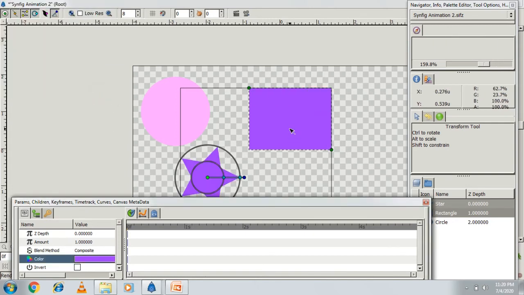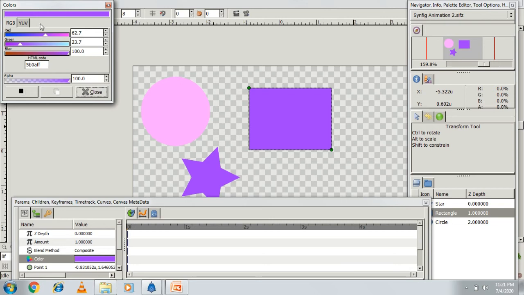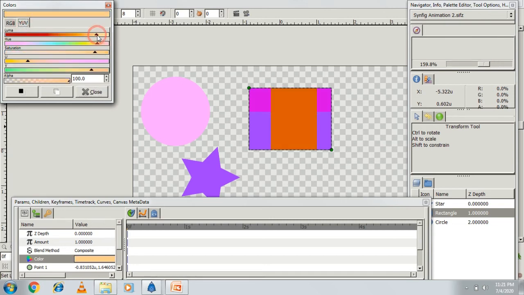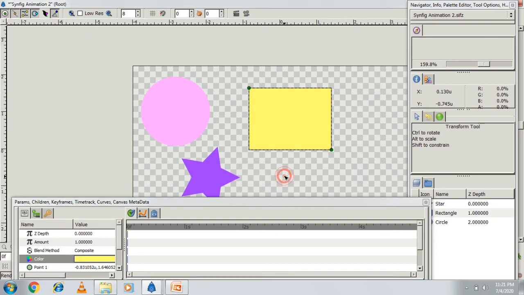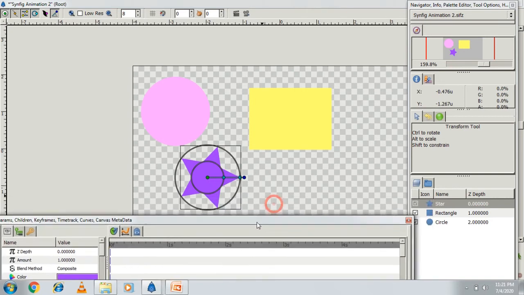Sorry, I want to apply color only to the star, so I will apply the previous yellow color again to the rectangle. Okay, students, like this you can change the color.